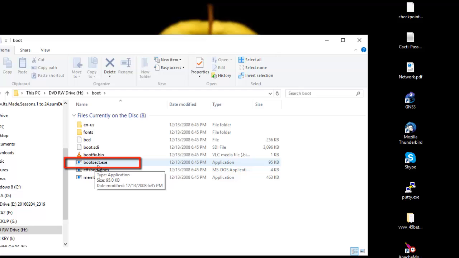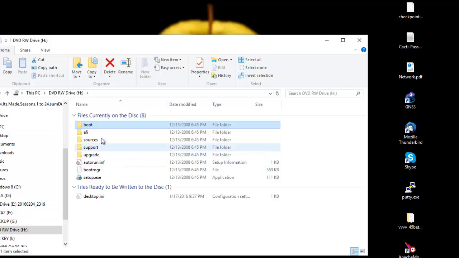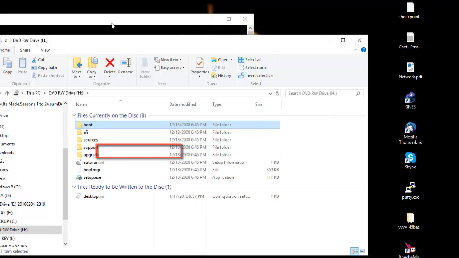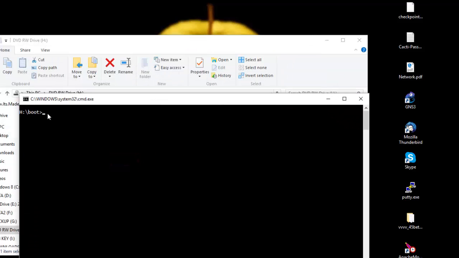So in order to do that, it's very simple. So I have to right click with shift key in this folder here, and I'm going to execute open command window here. As you can see now, I'm inside this folder. So I'm gonna type bootsect.exe if you want